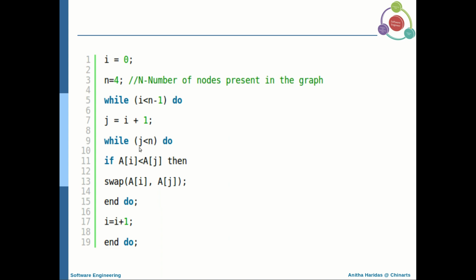you may be having one particular function for the swapping operation because you are invoking swap here. So what you have to do, you have to draw a flow graph for this particular set of statements, and for the swap function which you might have written separately, you have to draw a flow graph separately. So if this is the case, how many flow graphs you will be having? I will have a flow graph for this and I will have another flow graph for the swap function.